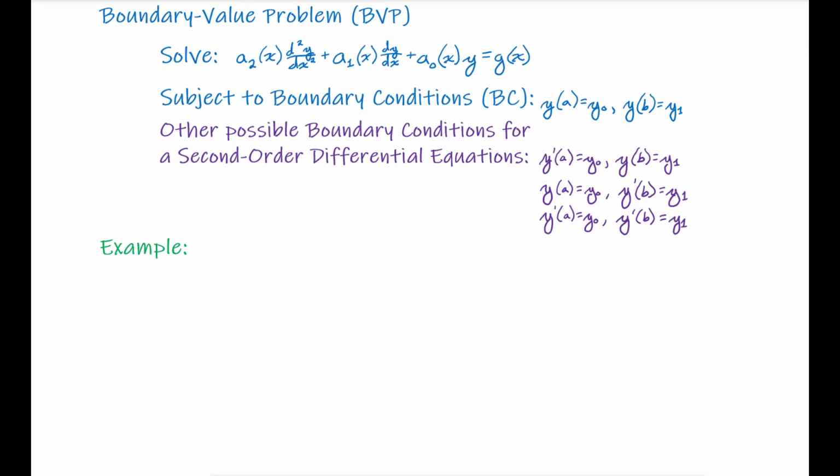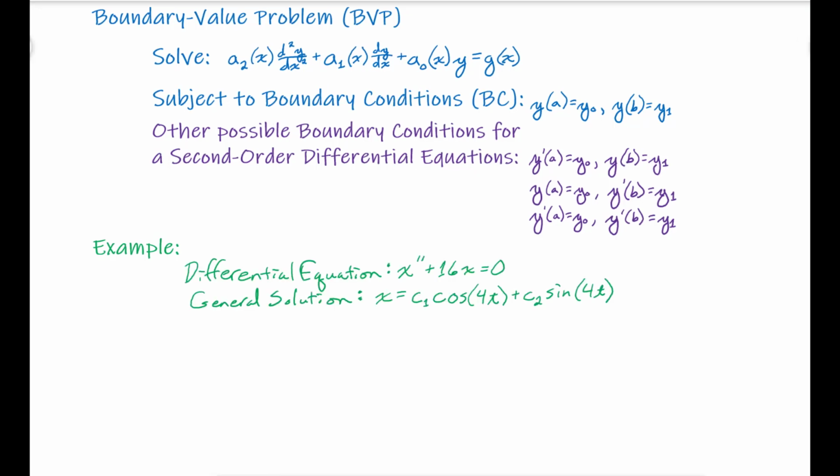So let's take a look at an example that will show us situations where we might have many solutions, or just one solution, or no solution to a given boundary value problem. So let's consider the differential equation x double prime plus 16x equals 0. Now, the general solution to this is x equals c1, some constant, times cosine of 4t,